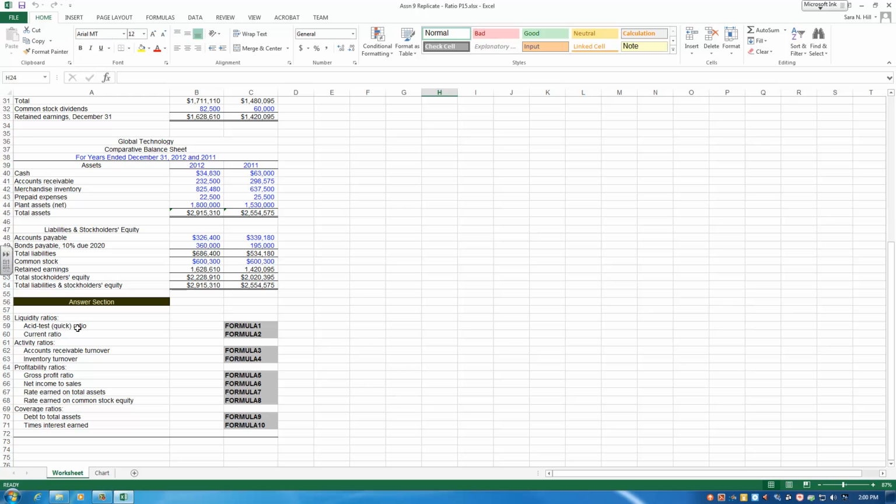The formula itself is cash plus accounts receivable plus short-term investments, all of that in your numerator, divided by current liabilities. So let's go ahead and build the formula here. Starting out with cash, we're going to go up to cell B40, and we're working in the year 2012. We want to add in our accounts receivable, which is B41,